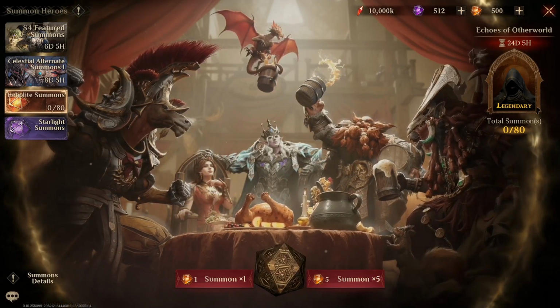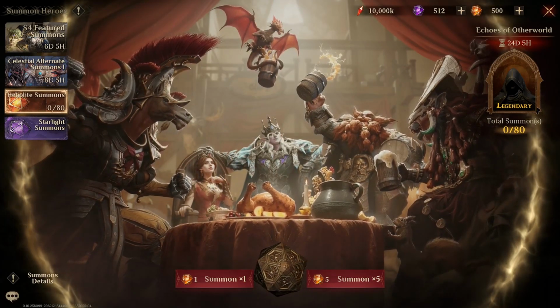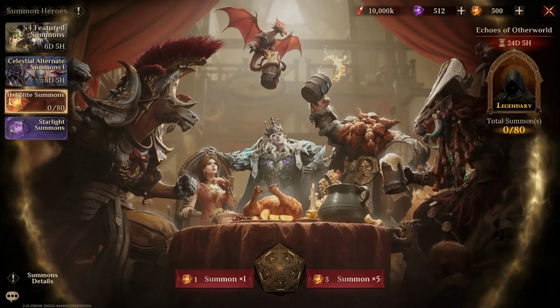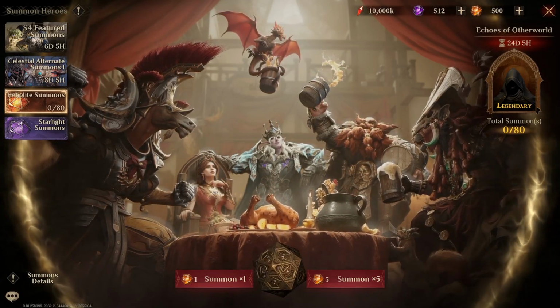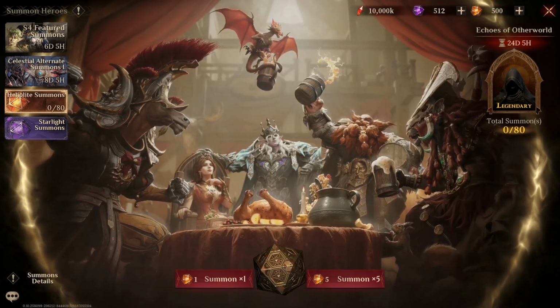Now, keep in mind, this is the banner which has the lowest chance of you getting the hero you want, because it's a pool of all the heroes available in the game. However, you got a chance to get an extra legendary, so 80 dice, if you can spend it, this is